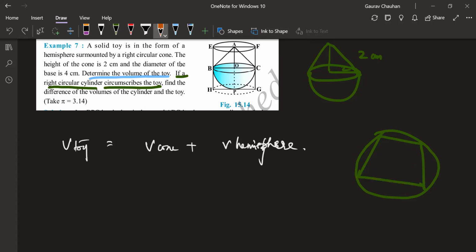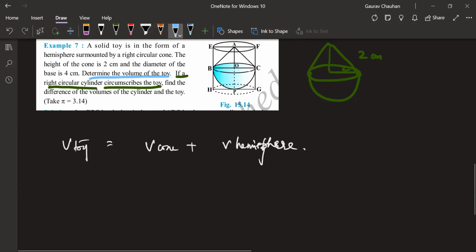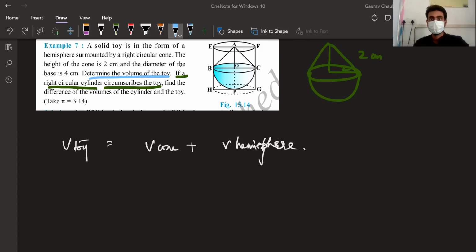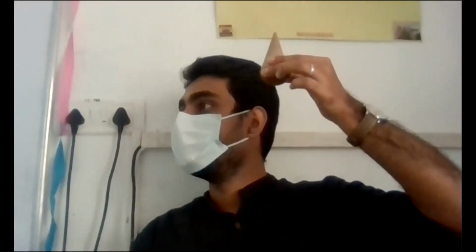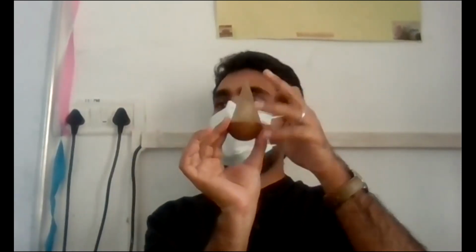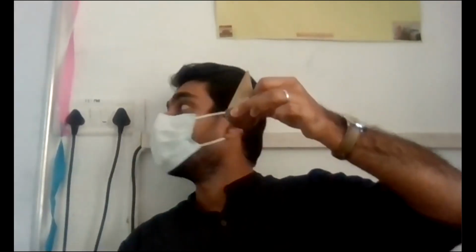Got it? So in this case also a similar situation is happening where all the outer corner points, including this outer point, including all this. So let me just put it physically and show. See here. So this is my toy shape. Only thing is that the bases will match. Can you see that? Deepak, can you stand up and see, please? Okay, you can see that.